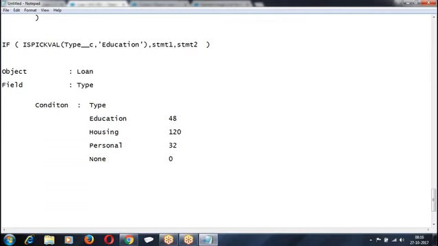Calculate the installments using the formula.